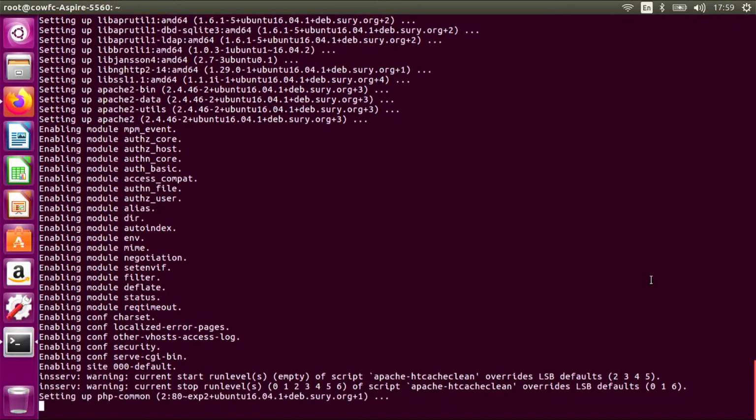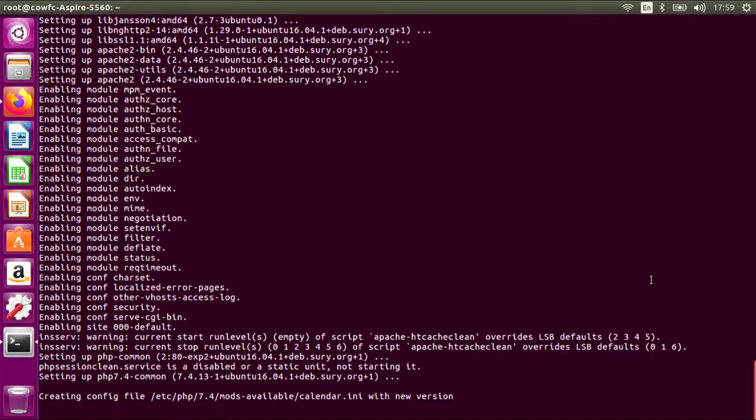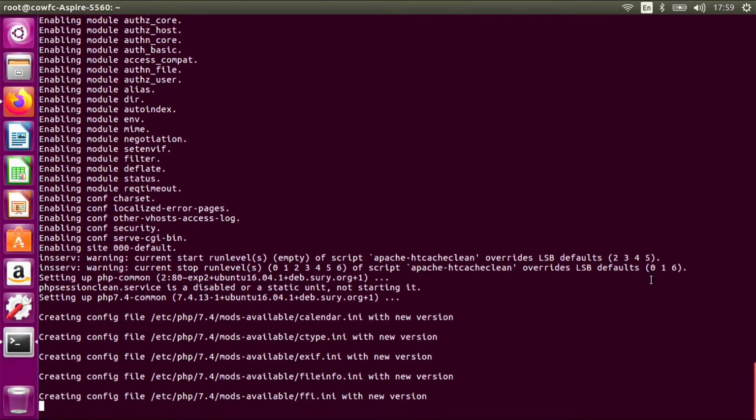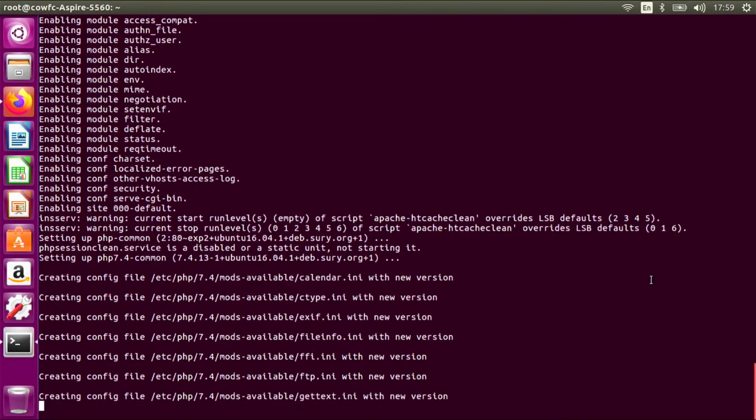Okay, well, we can say that PHP is doing something, so that's something. Because it's enabling modules and stuff. So PHP itself is working,